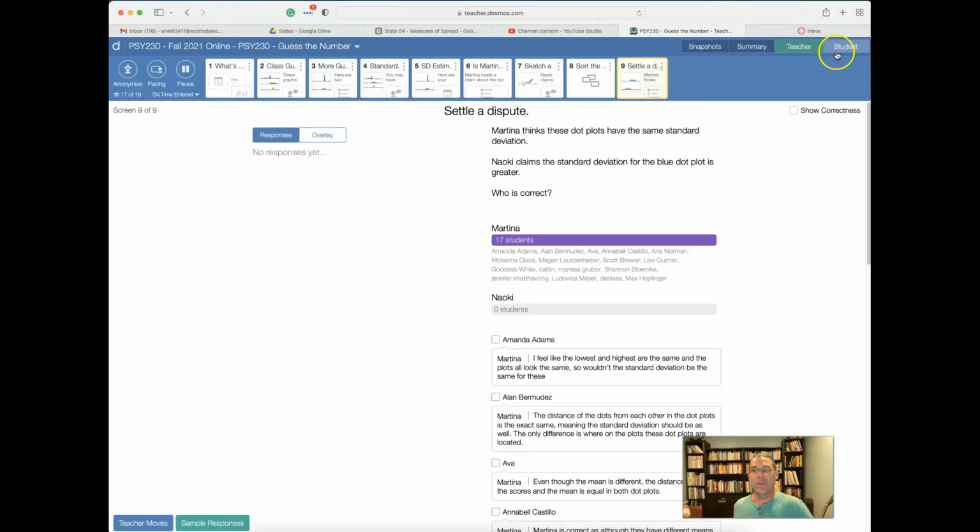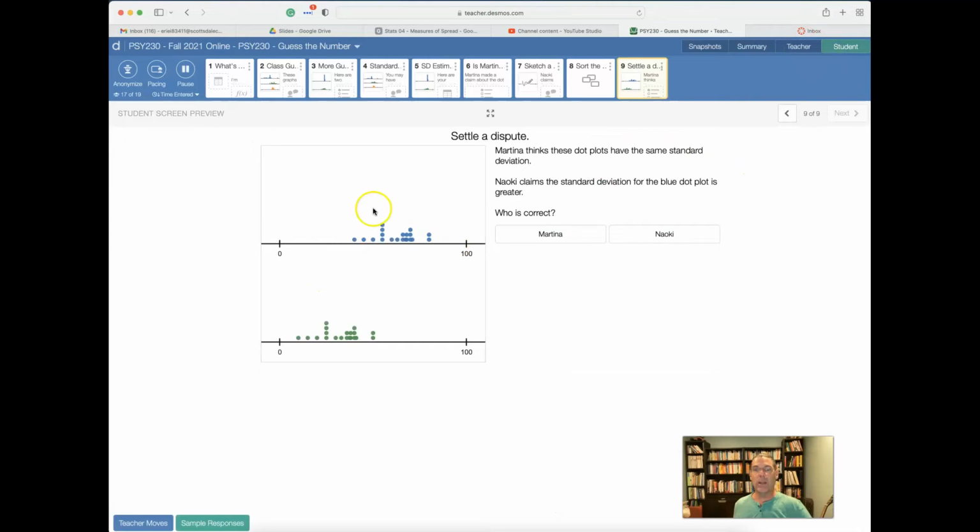The dot plots do have the same standard deviation. So by this point, everyone's getting that it doesn't matter where the dot plots are on the scale, it matters how spread out they are. So the mean is the middle part. The spread is the standard deviation. And so I can move a group of scores up and down and move them around. As long as I don't spread my hands any farther, the standard deviation isn't changing. Okay, so that